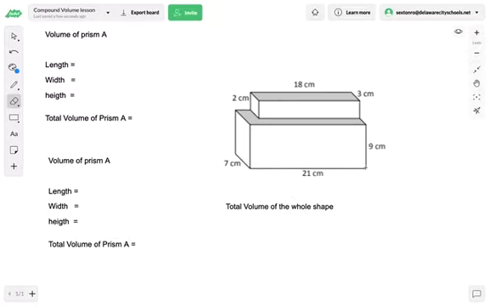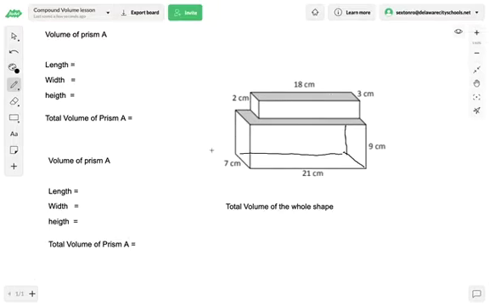And if you look down here where this shape would be, on the bottom, it would be something like that. Down here on the bottom, it's much bigger than this up here on the top. So we can't use our volume formula of length times width times height to find the total volume of this